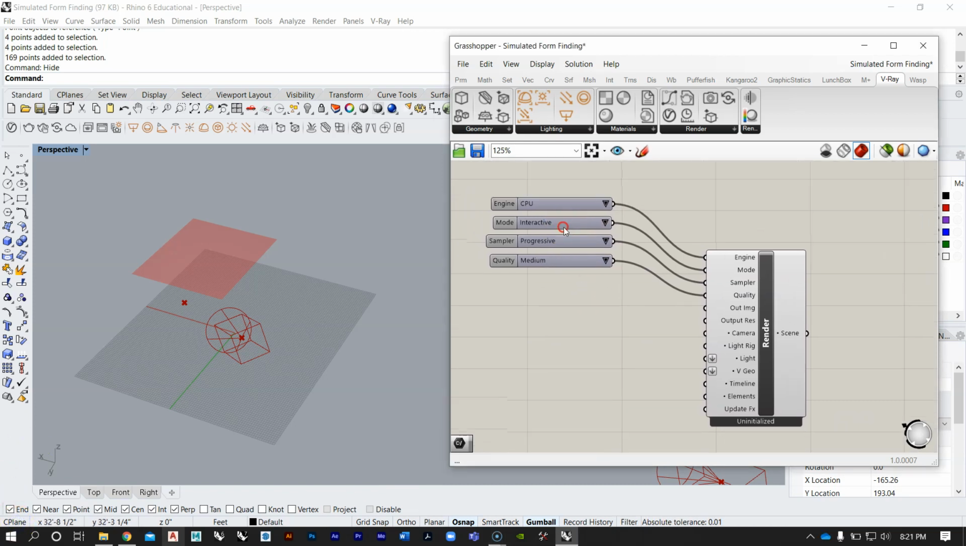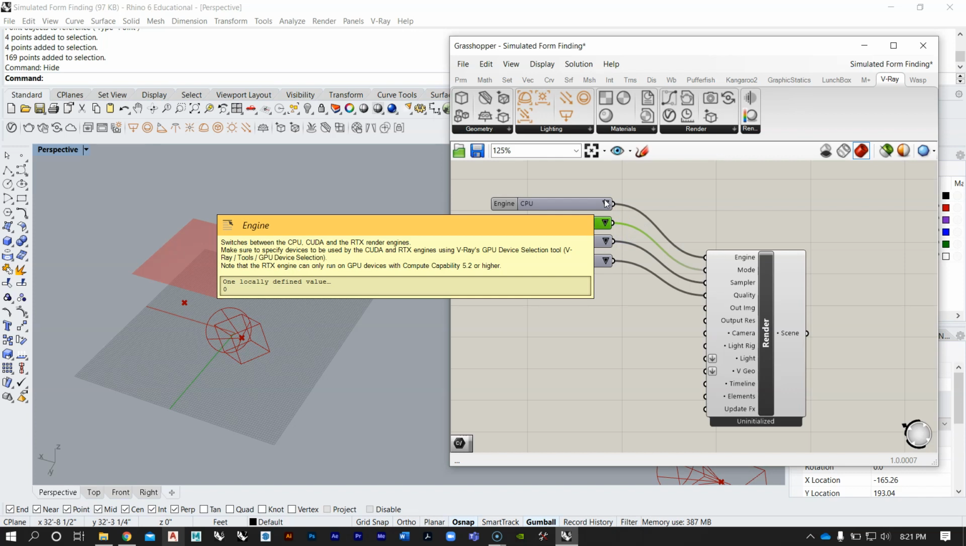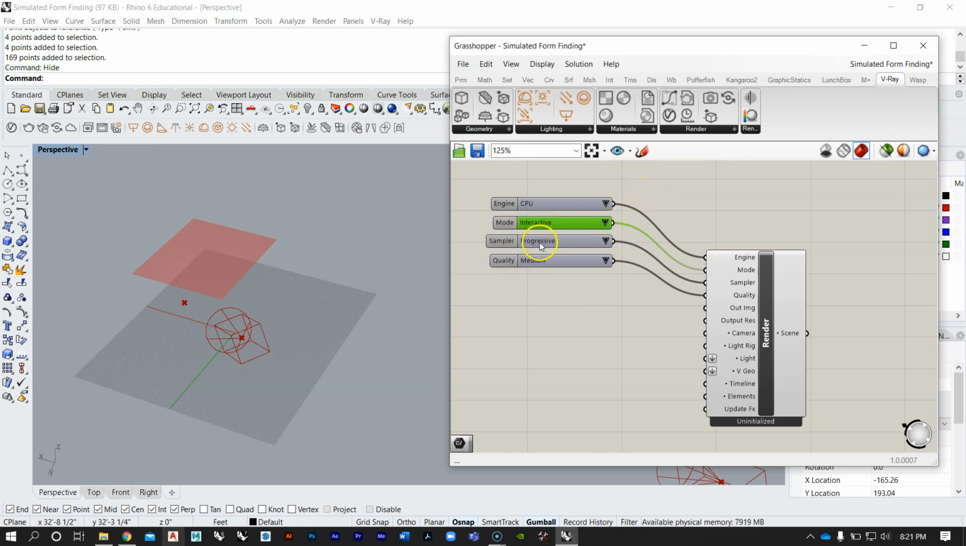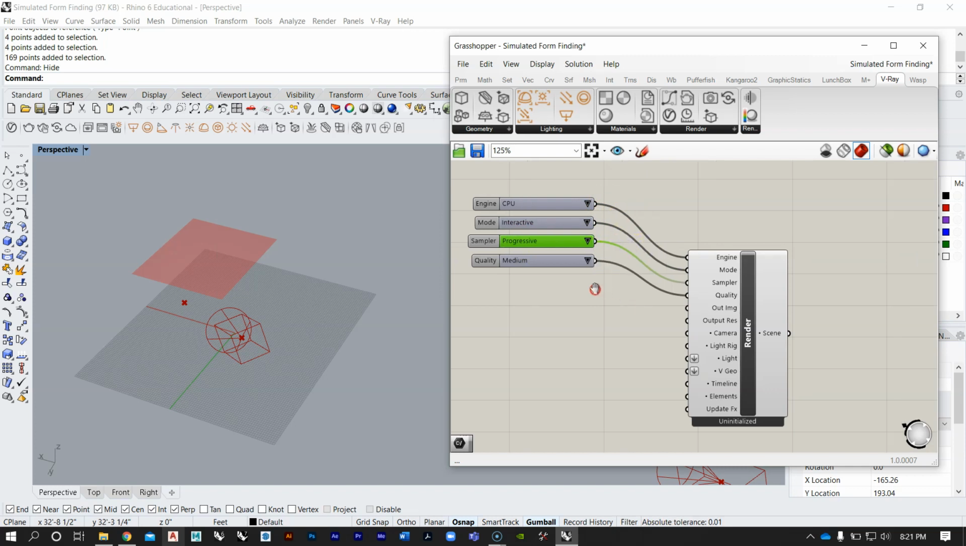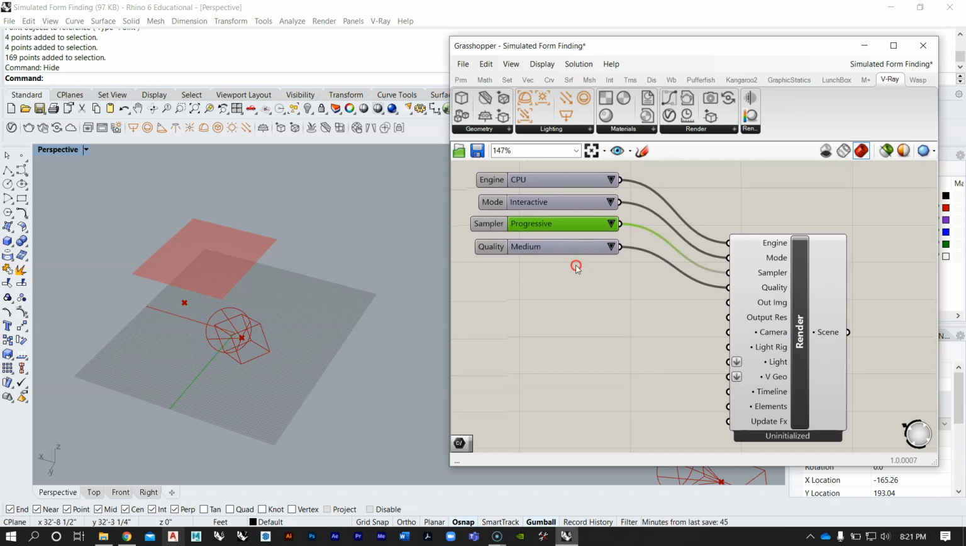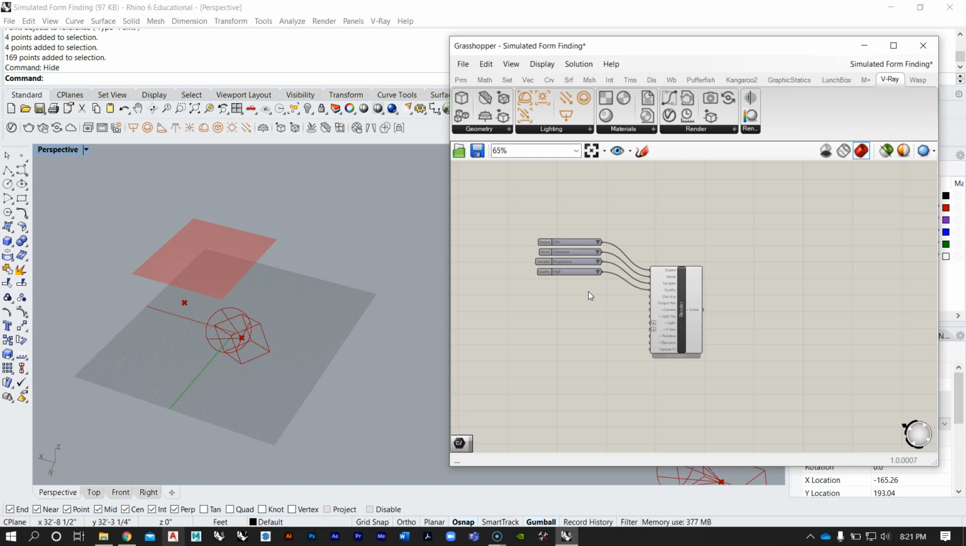Then we're going to look at mode. We're going to leave this as interactive. This allows us to preview the rendering before we actually render it out. Sampler, I believe this has progressive. Again, this is just so we can preview things. And then quality, we can set this to high, just so we get a nice animation